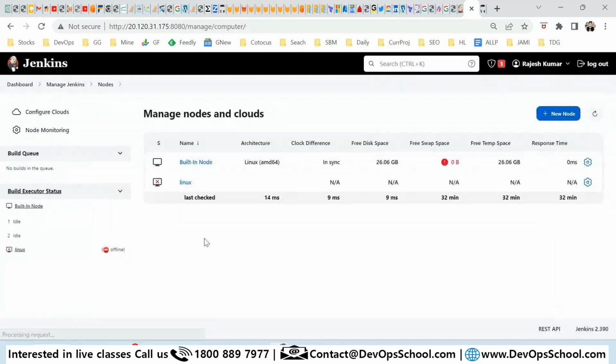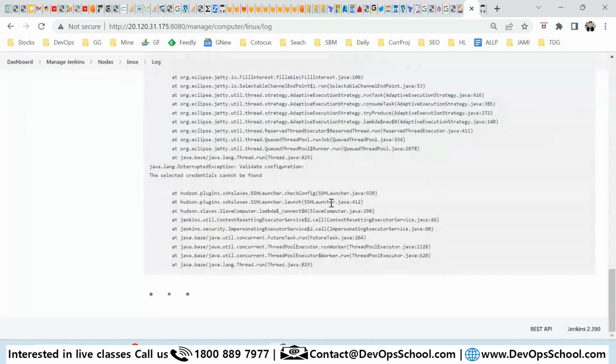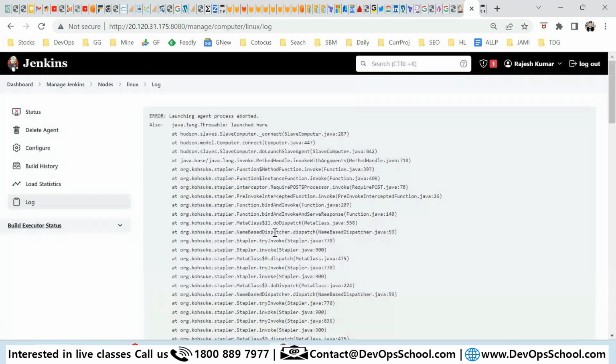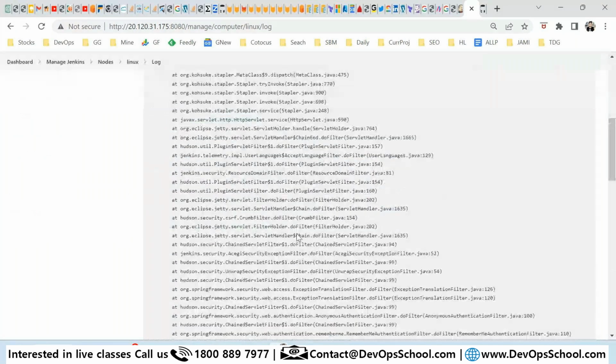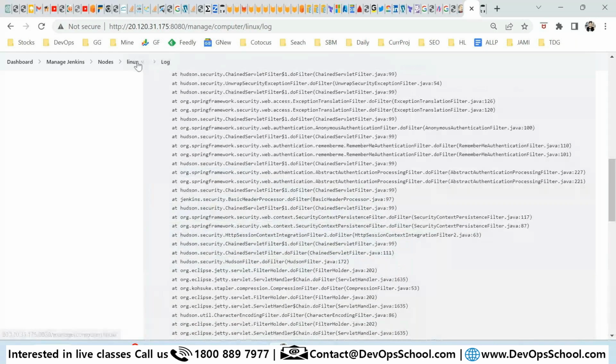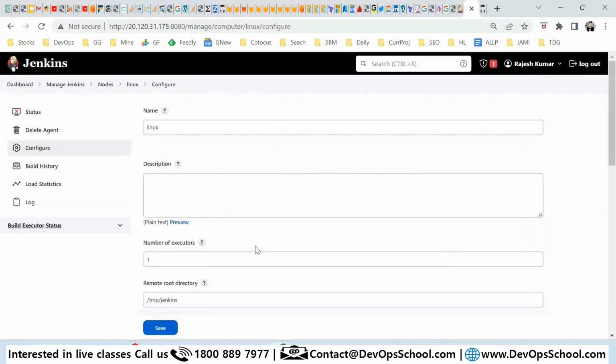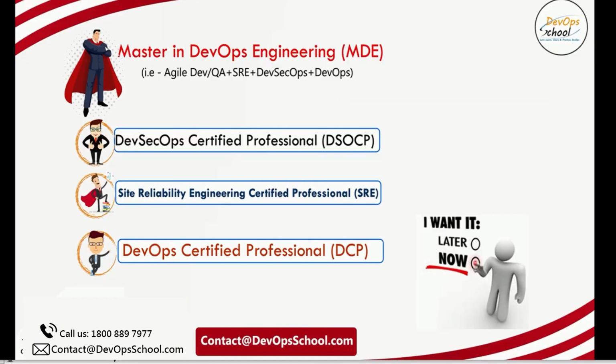So now this is the job. This is the node. Right now, can I launch the agent? There's some problem actually. Launching agent process, selected credential cannot be found. So I think there's some problem with this credential. Let me check. So go to this configuration,